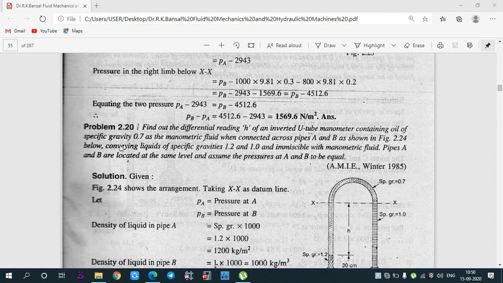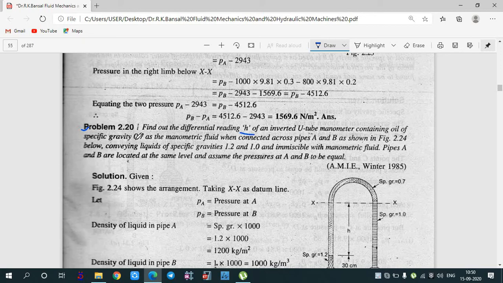Good morning, everyone. Today we will do some of the numericals related to differential manometer. So the first question is, find out the differential reading H of an inverted U-tube manometer containing oil of specific